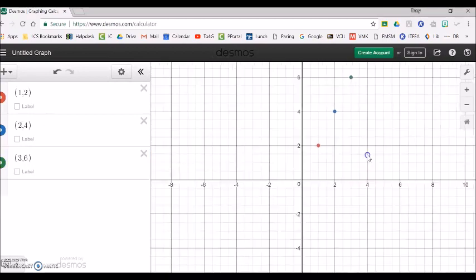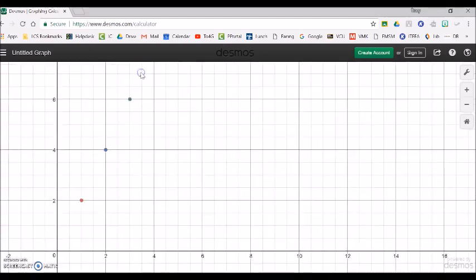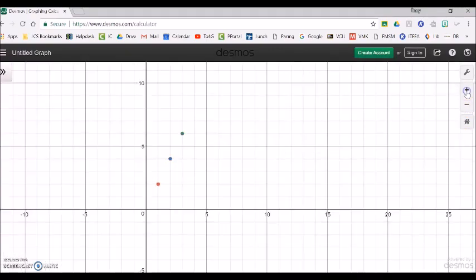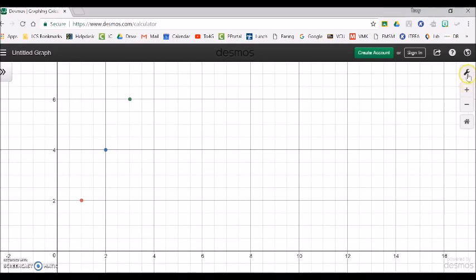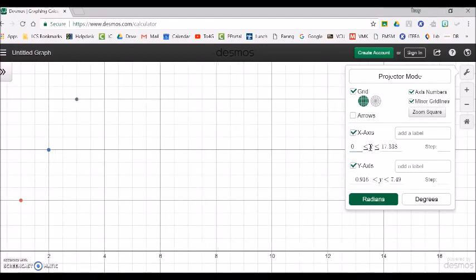So you can see over here, you can just click and drag your workspace. You can see that it's plotting those points, and if you wanted to get rid of what you typed in, you can just push those double arrows, and you've got these points plotted. You can zoom out so you can see it bigger, or you can zoom in. There are also some graph settings that you can mess with here, like you could get rid of the negative numbers, the negative part of the axes by just changing it to 0,